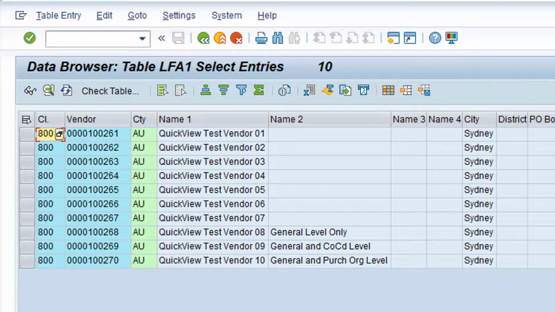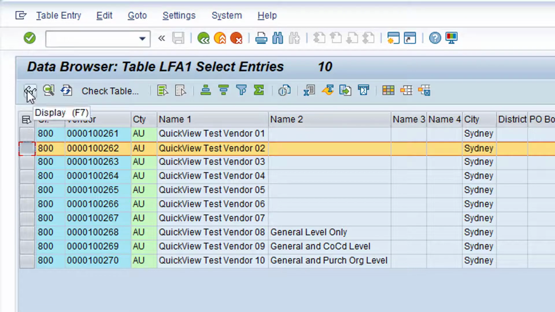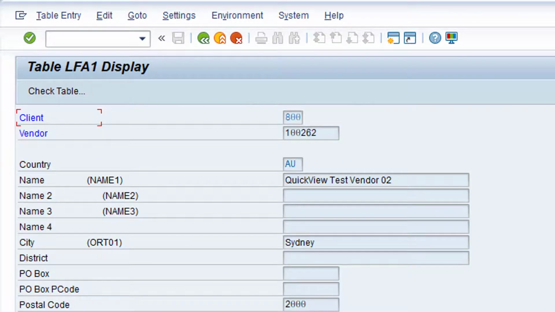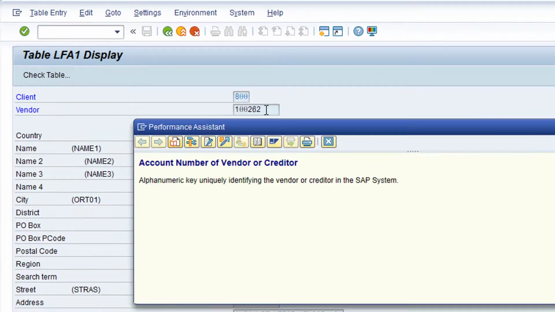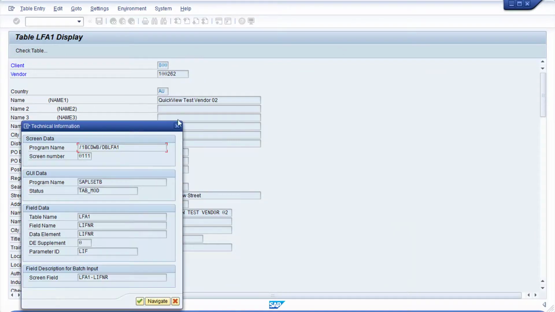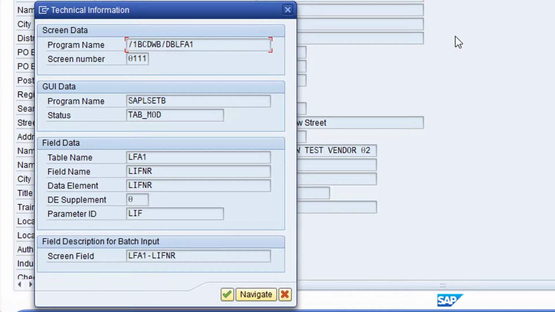I can then select a vendor and click the Display button. Now click in the vendor field and press the F1 button on the keyboard. Click on the Technical Information button. Note the table name and the field name.